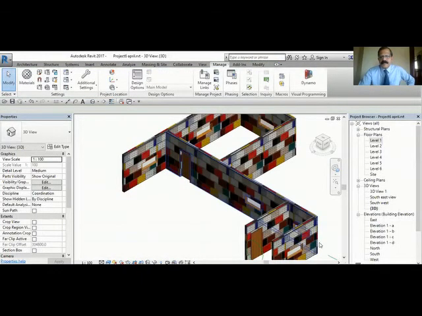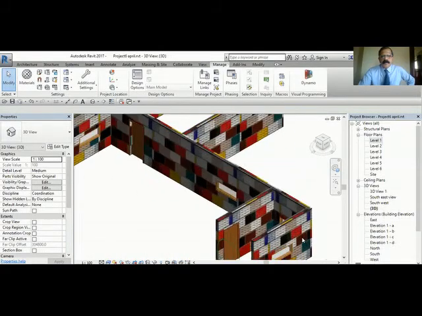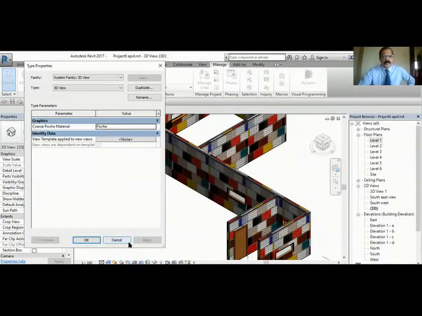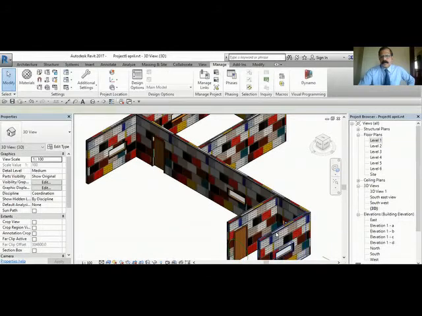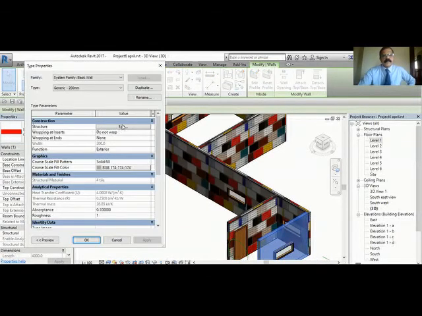You can see that, we have applied. We will put some other material now. You have to edit type.